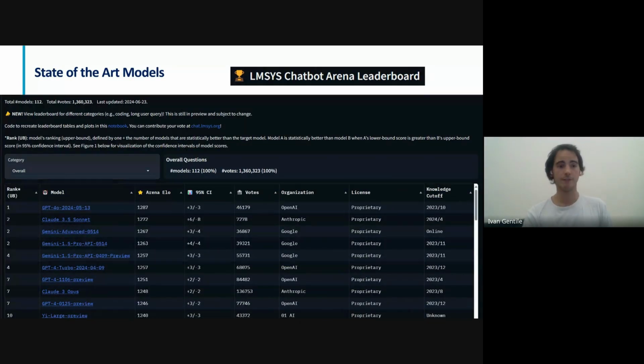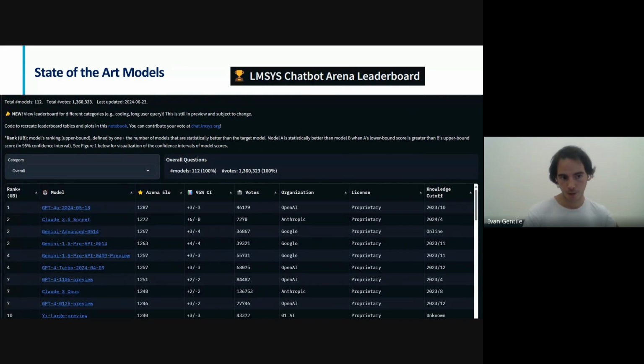Good. We have these models. How do we know which one we want to use in order to have the latest and best model? The best way, I suggest, and I think it is widespread, is to check out this Chatbot Arena Leaderboard, just a website that you can go and look up, where we see the Elo, so the score, of each model.